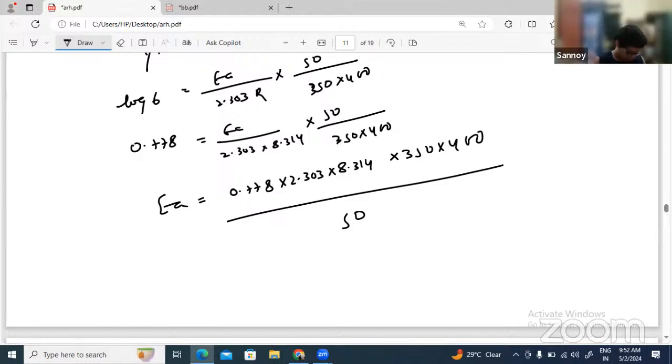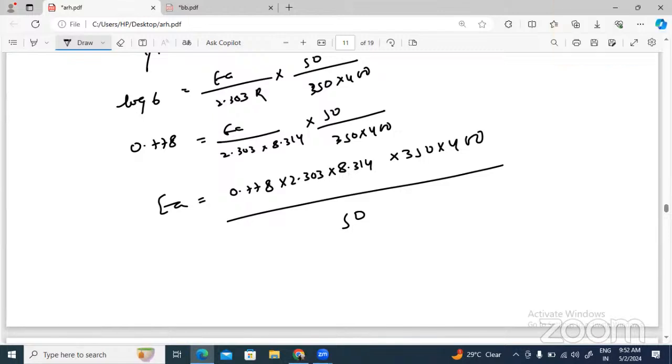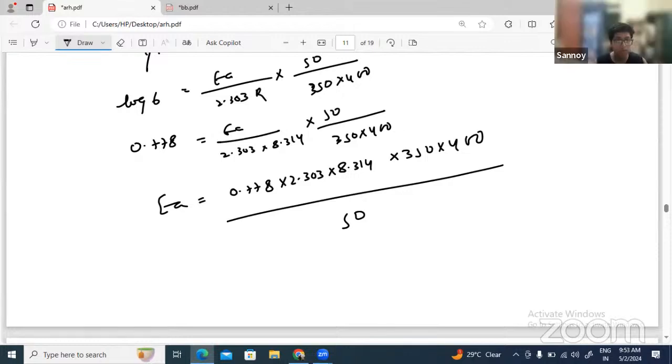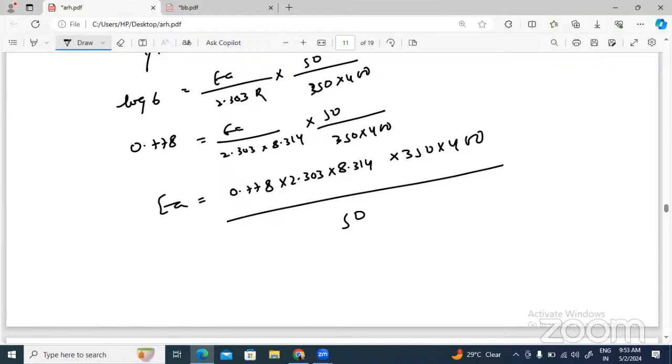Consider 4 into 100. It's like 400. So there will be coming, this is Ea equal to